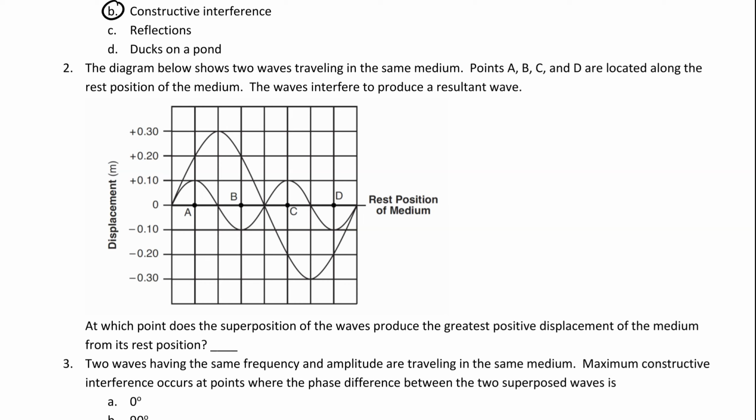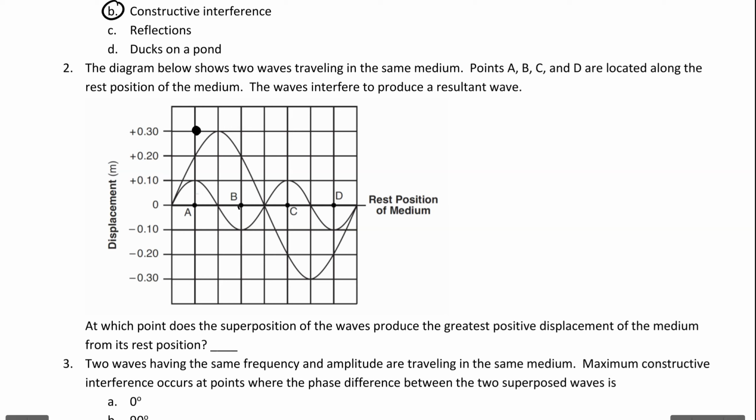So let's say at point A, this small wave is giving us an amplitude of 0.1, but you also have this second wave coming through here, and at point A, it has an amplitude of positive 0.2. So you just do 0.1 plus 0.2, and you get 0.3. This medium that was originally at the 0 line now is going to be at 0.3 when you superimpose those two waves together. They're interfering now. They're not showing the interference on the graph, but they're showing you the two waves that are going to interfere. So you have to add the amplitudes together.